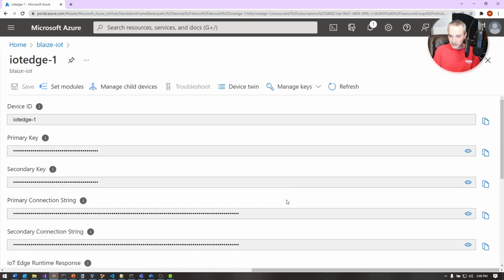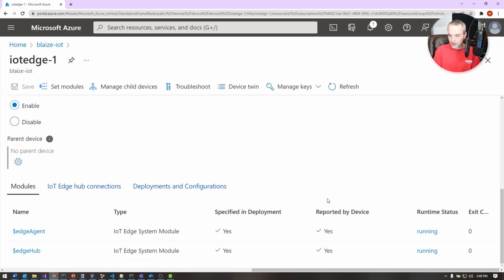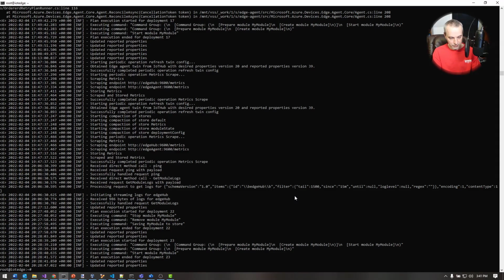Sometimes it can take a minute to see that happen. Okay, so now that's gone. So now when I deploy my manifest again, it should recreate that module. And to show you what it's doing on the Edge device itself, I come back over here, and